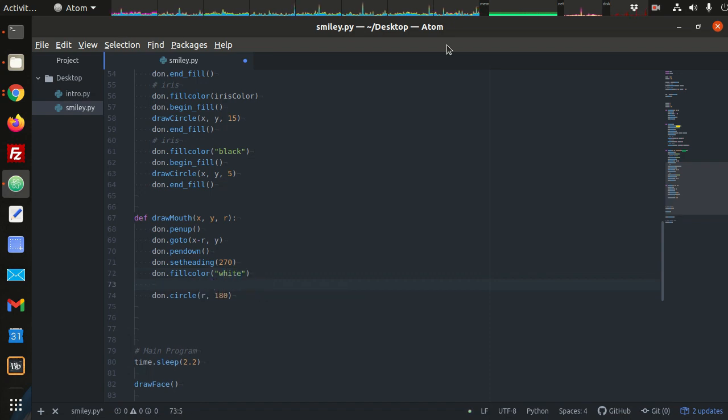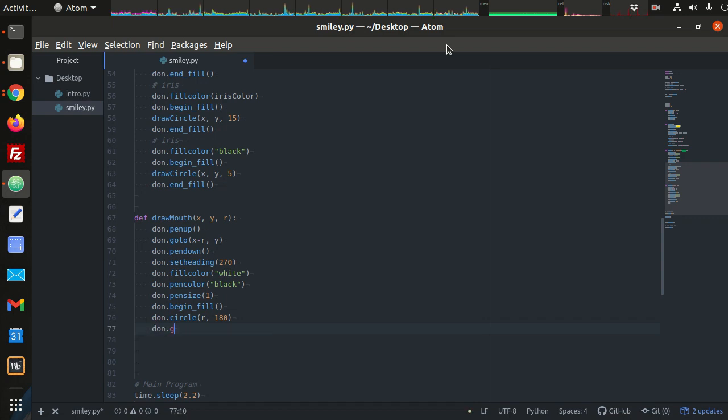And we have to do all the Don dot pen color is black, and Don dot pen size is 1, and Don dot begin fill. You draw your half circle, but then we have to say